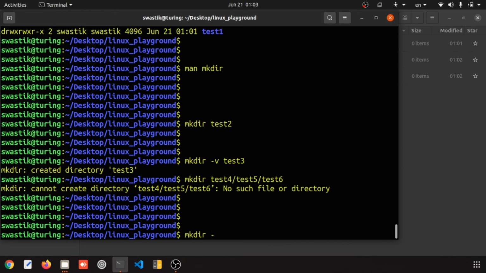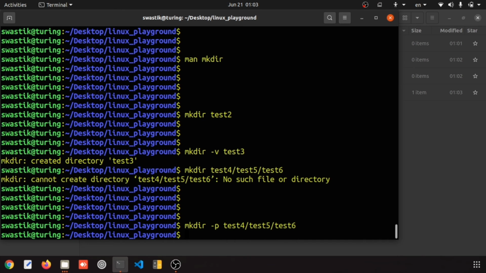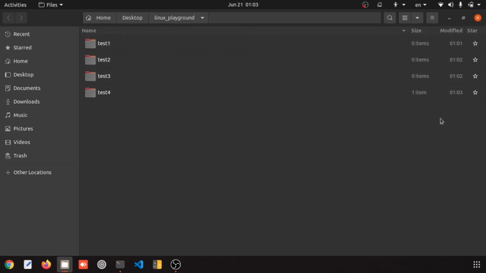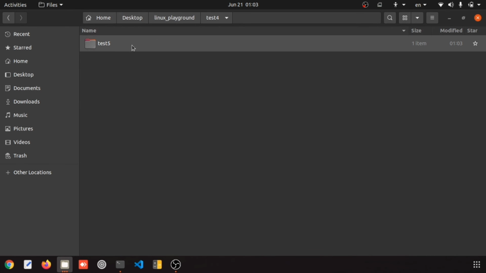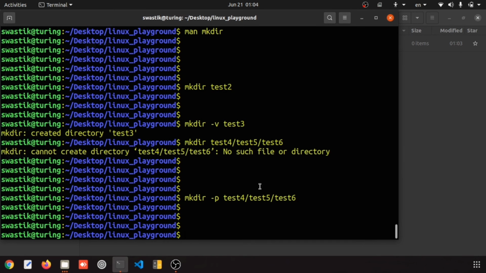You can go with mkdir and then -p and then test4/test5/test6. It should create the folders here. You see that test4 was created, inside test4 we created test5, and inside test5 we created test6. Just with one command, but obviously you need this -p to create directories inside directories.